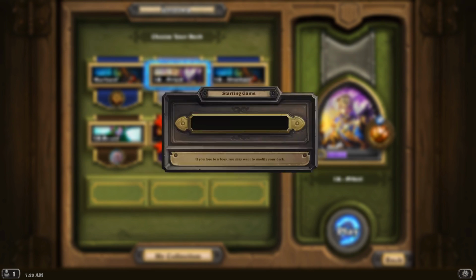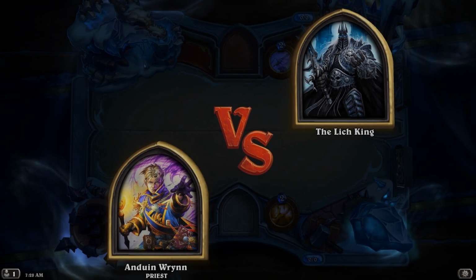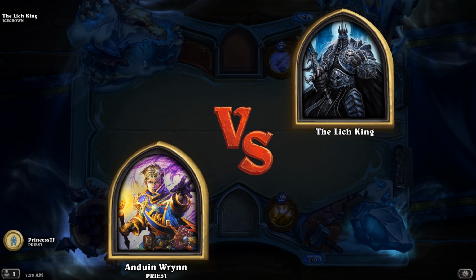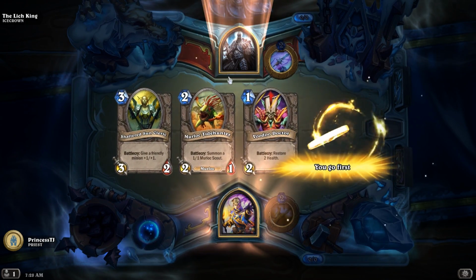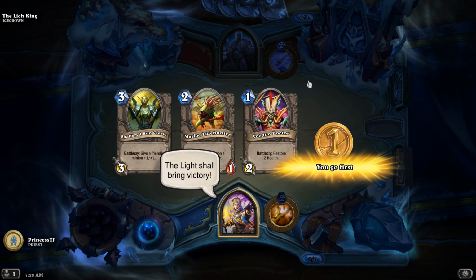So just a few things to keep in mind using this deck. When you use Shadow Word Horror, it is all 3 or less attack minions. So it includes your own. What this means is on turn 6, you definitely...